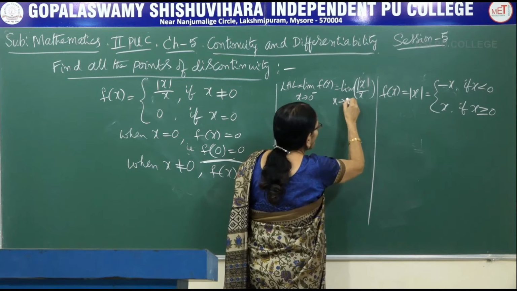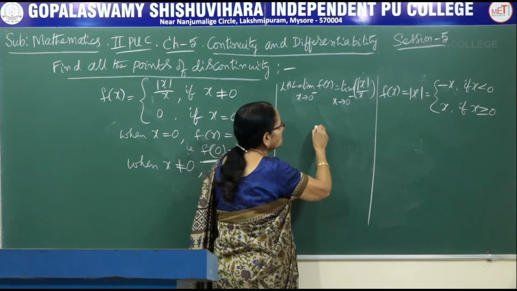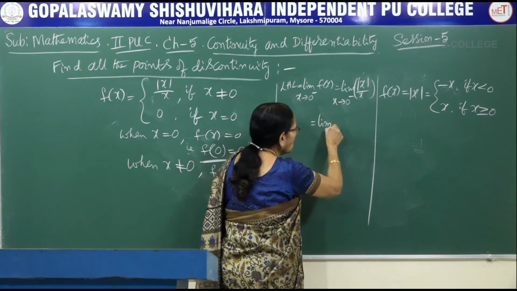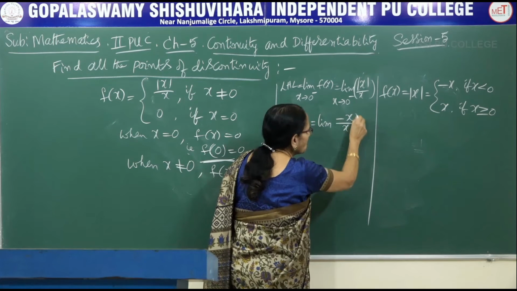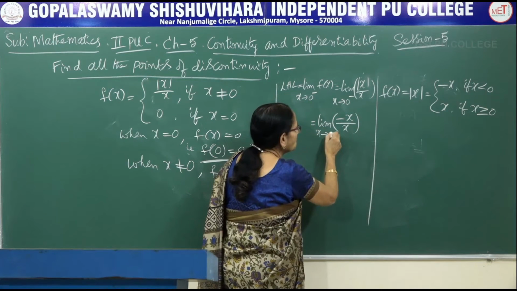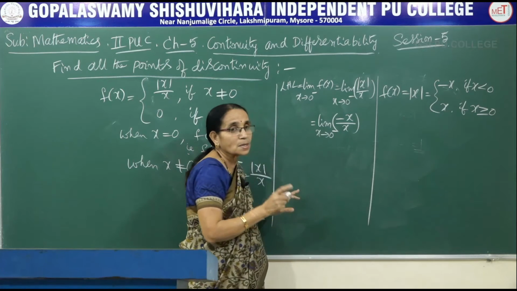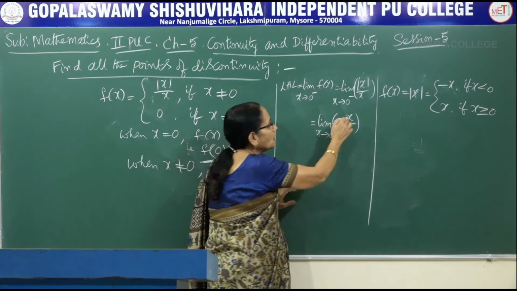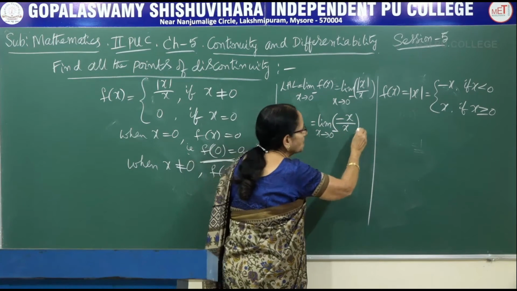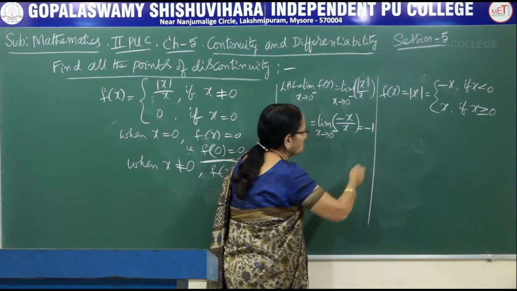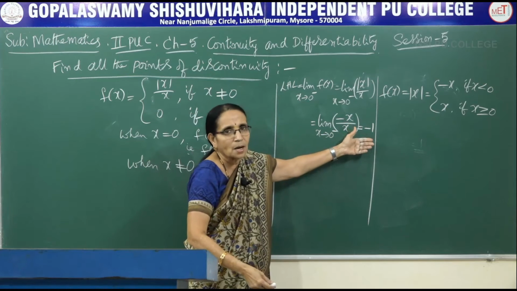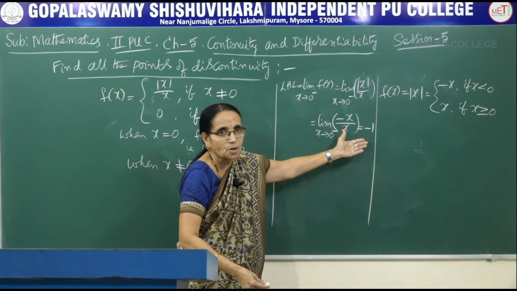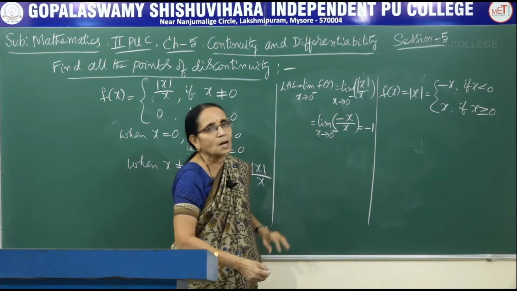One more step: you write the left hand limit, limit of mod x by x as x tends to 0 minus. It is minus x divided by x as x tends to 0 minus. I am calculating the left hand limit. Now minus x by x is minus 1. Now this is the limit. When x is there, you can write the value 0. We have already got a real number here, a constant. So that itself becomes the left hand limit.